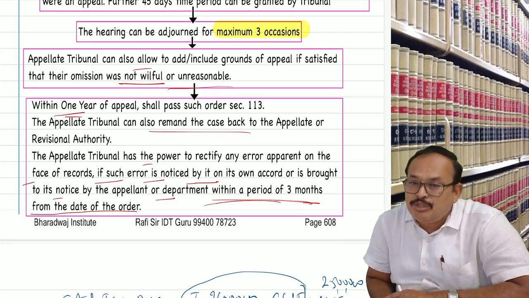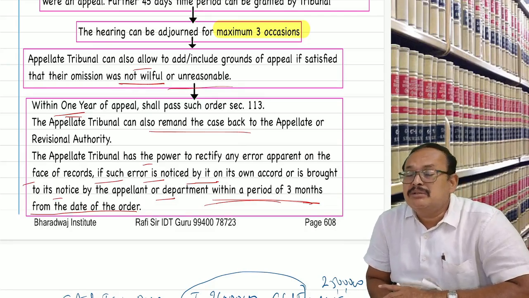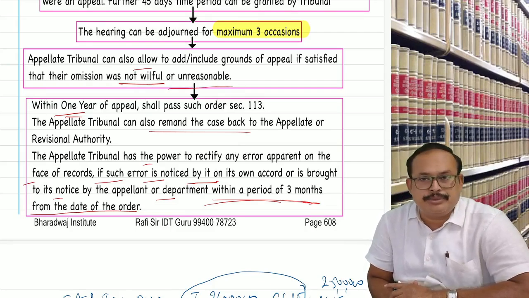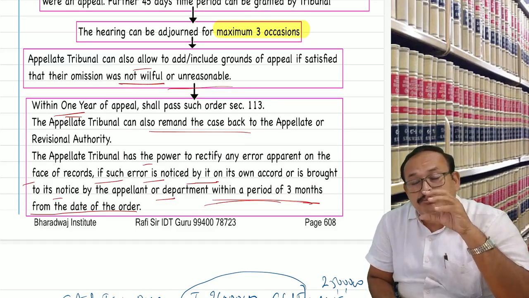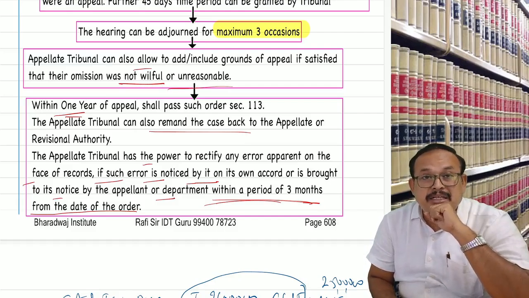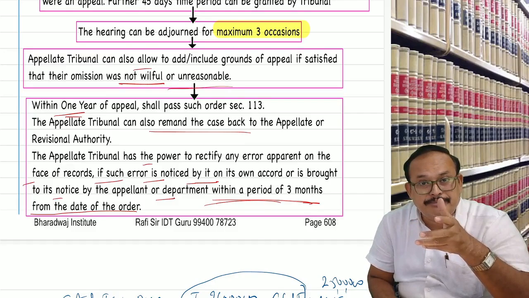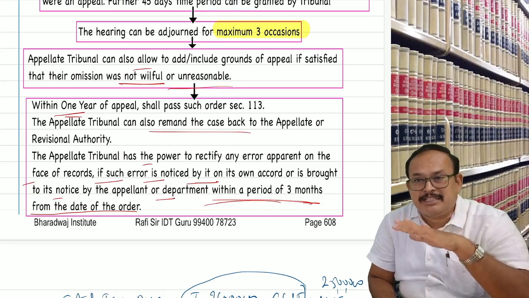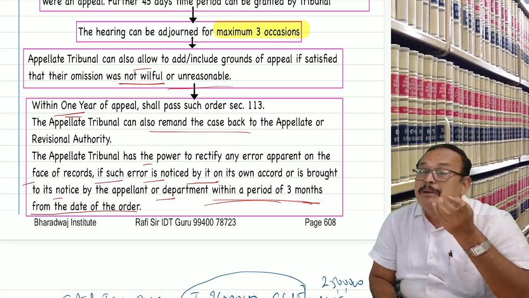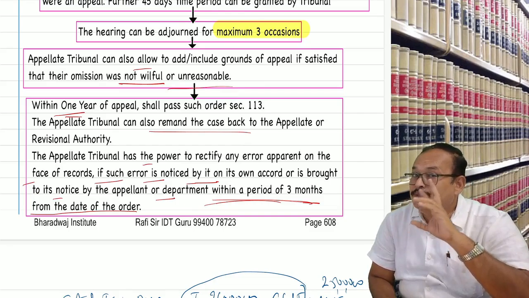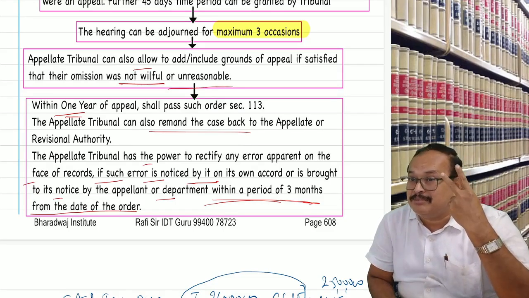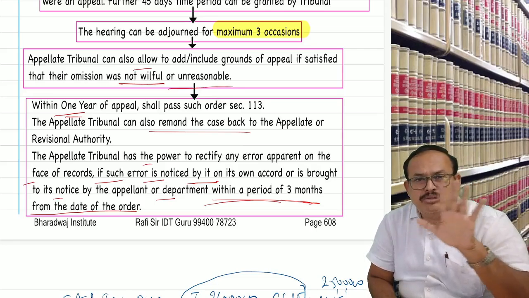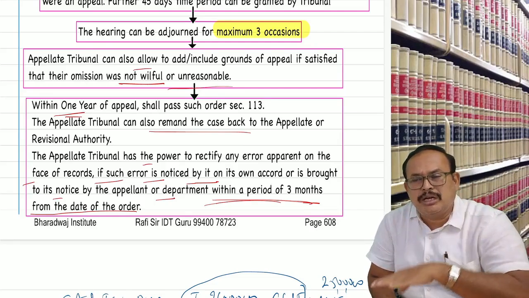If the matter does not belong to place of supply or anti-profiteering, the order passed by the tribunal can go to the High Court. If the matter belongs to place of supply or anti-profiteering, heard by the principal bench of the tribunal, in that case the aggrieved party, meaning department or taxpayer, can go directly to the Supreme Court. If the department wants to go for appeal to the Supreme Court, the value should be more than 2 crores of tax demand. For a departmental appeal, this is the limit. For a taxpayer appeal, no limit. He can go for appeal to the Supreme Court directly.